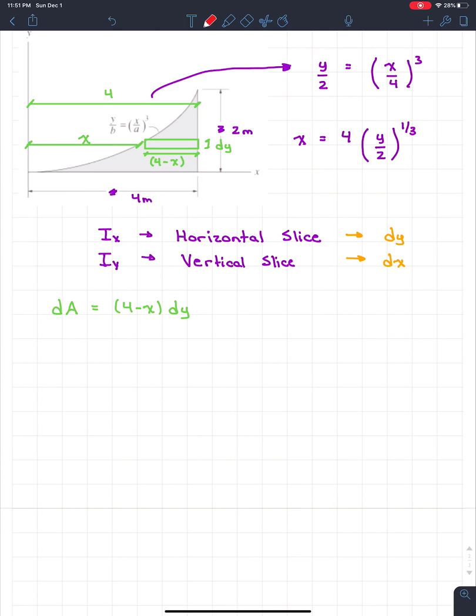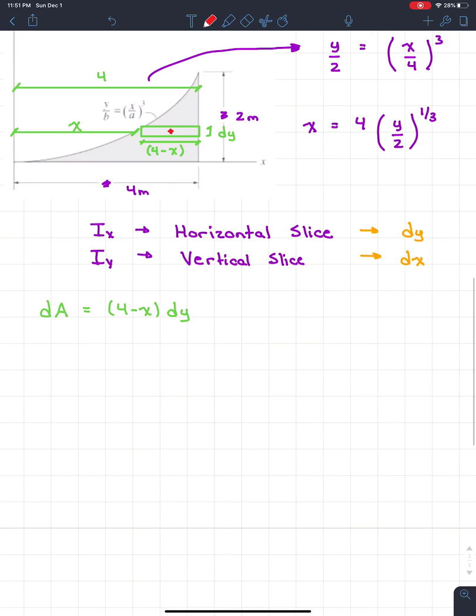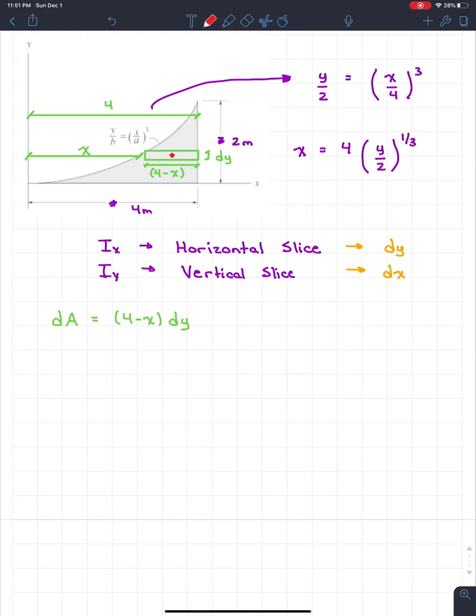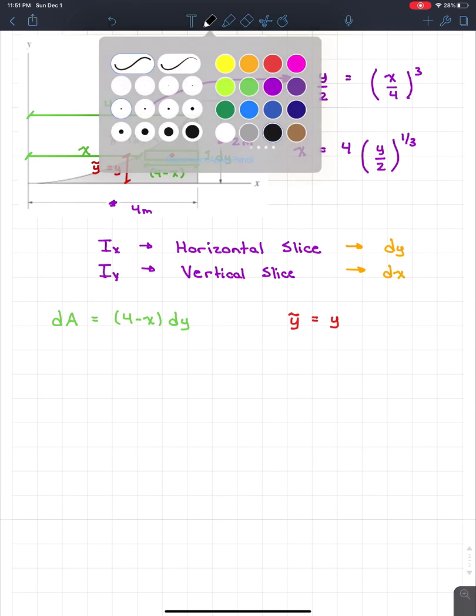It's because we take a horizontal slice and we have our centroid right in the center. The distance to the centroid, oops, I zoomed in a bit. The distance to that centroid is actually just going to be y. So y squiggle is just going to be equal to y. And I'll put that right here. Y squiggle is equal to y. So now when I sub everything into our formula,